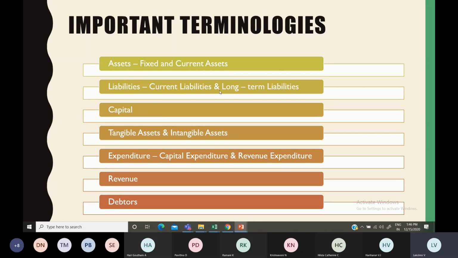Current liabilities examples are the creditors or suppliers, those who have sanctioned credit purchases to you. Bank overdraft facility, bills payable, all those come under the current liabilities. Outstanding expenses are also dues which have to be paid within that accounting year. And for long term liabilities, more than 1 year, it is not that you have to pay it now. You can pay even after 1 year, 2 years, or whatever it might be.